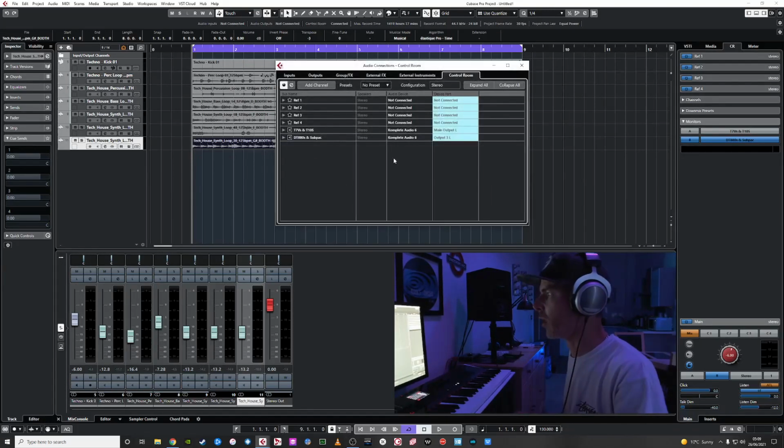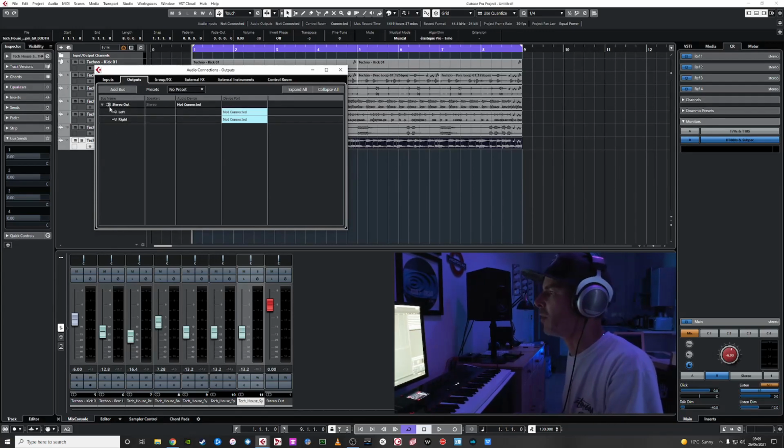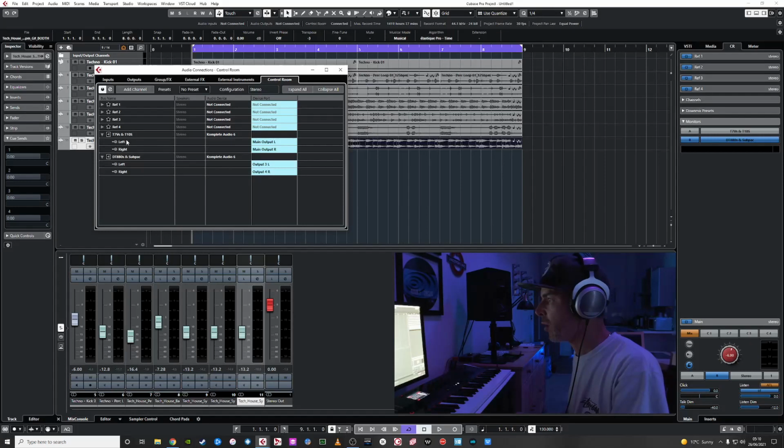So if you hit F4 and go into audio connections, move this over here. On a standard setup, you'd have a stereo output. This is our master bus here, and that would be fed through our audio device to a specific output. Now I've got that disconnected, and because it has this little speaker icon, Cubase knows it's our master main output. That gets fed into control room, where I've added 2 monitors. I still have 2 available, which are these guys here. One goes to my Complete Audio 6 output 1 and 2, and the other one is going to 3 and 4. These 4 reference tracks are not hooked up,